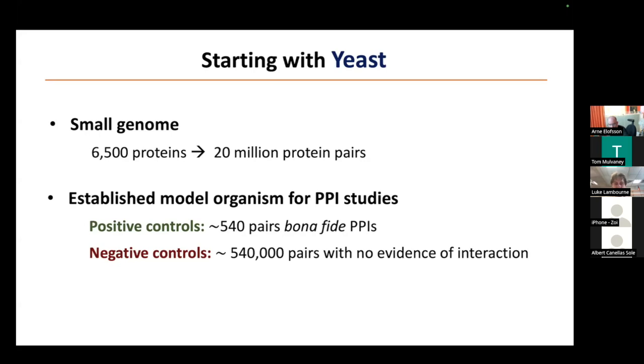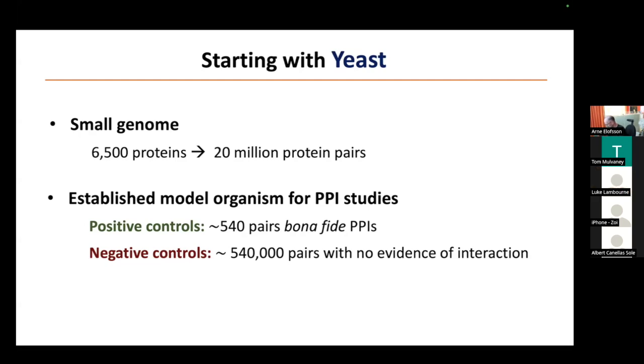And the yeast is good for any PPI studies because it is an established model organism for this. Because there's yeast two-hybrid, there is a lot of experimental data for yeast, and it seems to be a little more reliable than data on any other organisms. And then you can easily put together a positive control, which consists of those bona fide interactions validated in multiple experiments. And then you can also put together a negative control, which consists of pairs that have no previous